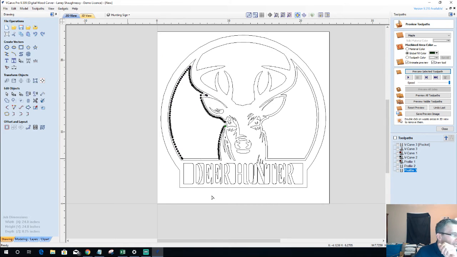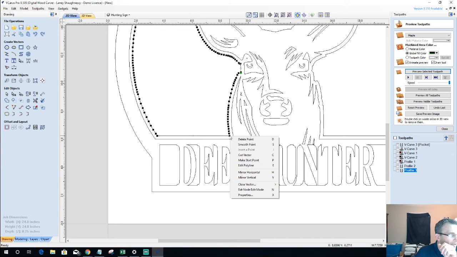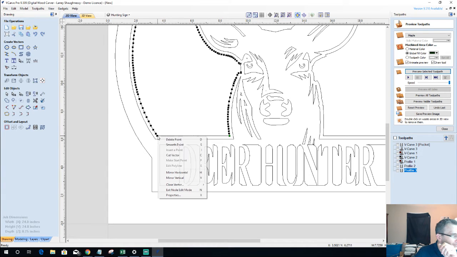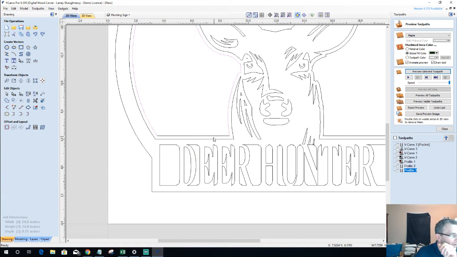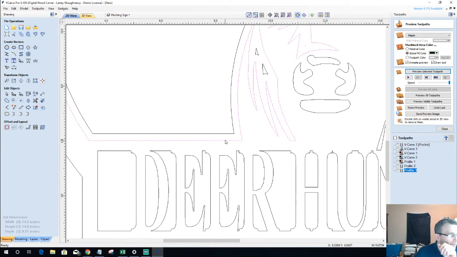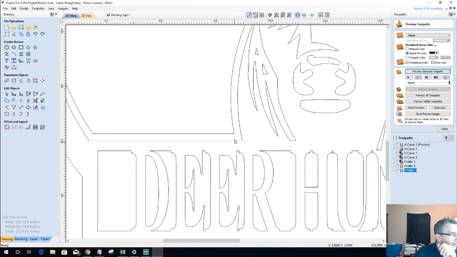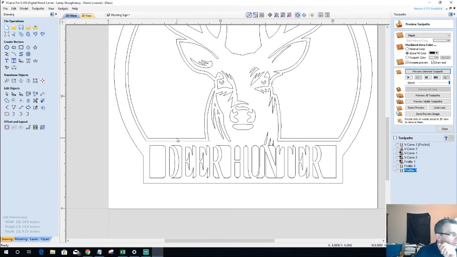Alright, let's go into node editing and let's do a little bit of cut and trim. So I'm going to right click and cut the vector right on that corner to separate this line from here. And then also here I'm going to node edit and I'm going to cut this corner. All right, what that should allow me to do is